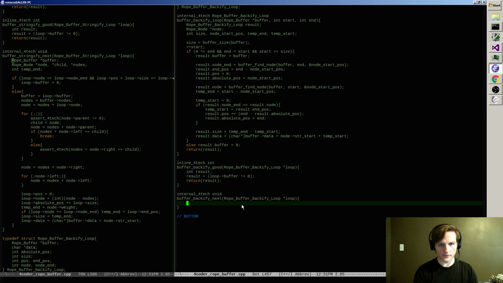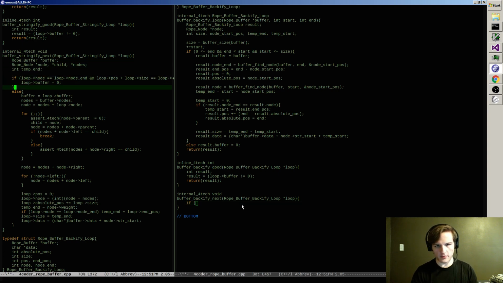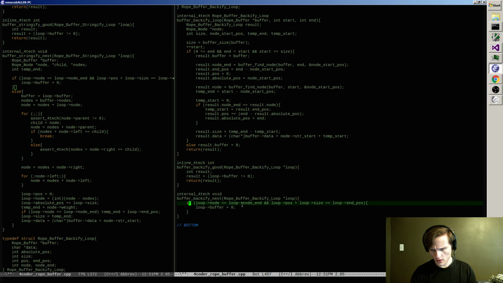So this will work something like the other one, where basically all this if applies still. If the node is the end node and the position is the end position, then get us out of here. Otherwise,